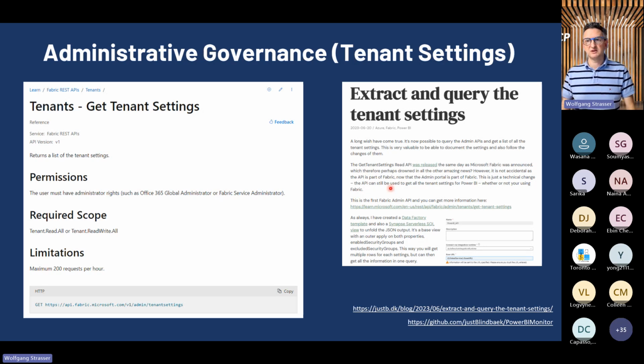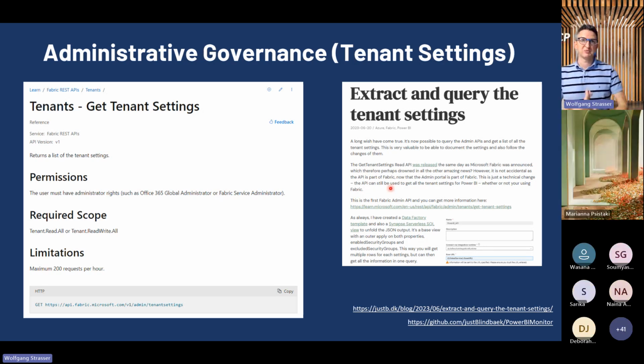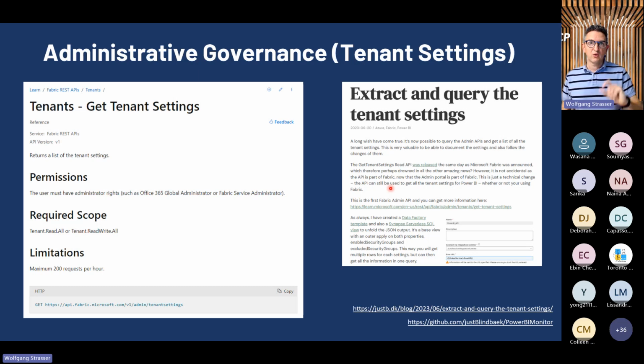And there are community solutions out there, like one of my MVP colleagues, Just, who created a solution to extract the tenant settings and store them in a database, so you can have a look and list them. Think about a solution that tracks the different settings over time, and you see, okay, there was a new tenant setting added, or that one changed last Monday.